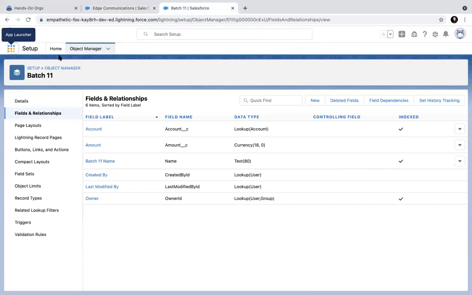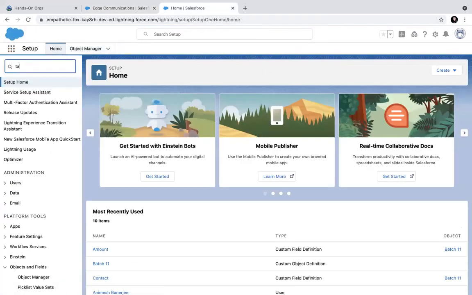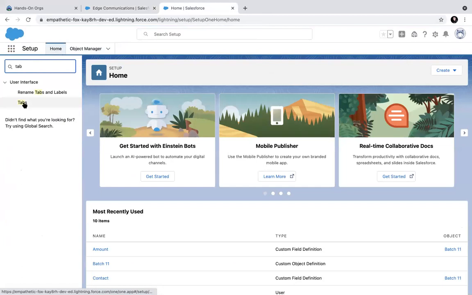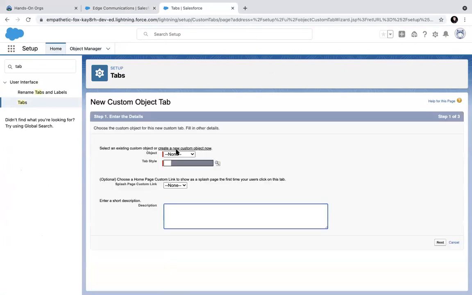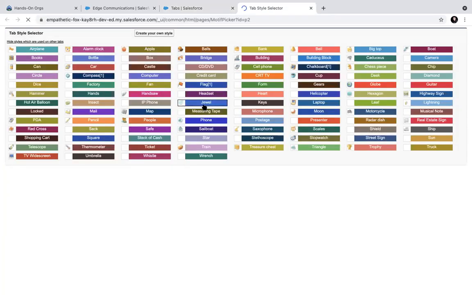So what I have to do, I have to go and search for tabs. Here there is a tab. I have to create a tab for it. So this is a custom object tab. So I will go and select. It's the same as the registration we have done. Sorry, the same as the registration part we have done while creating the tabs. Registration of the custom object, yes sir, the same thing we will do here.